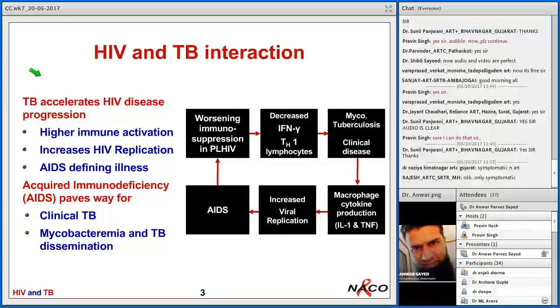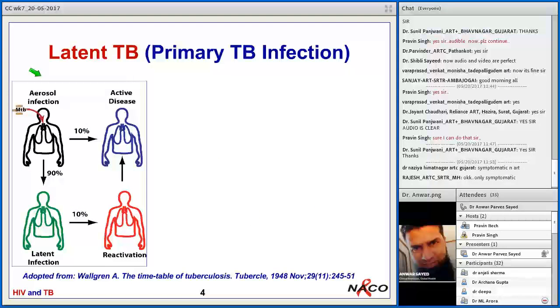Because of AIDS, there will be worsening of immunosuppression. That is, there will be immunosuppression happening in the later stage of HIV infection, which causes decreased interferon and other lymphocytes. Then Mycobacterium tuberculosis will present as a clinical disease if it is already there as an infection. And there will be macrophage production which will increase the replication of the HIV virus and which will ultimately add up to the increased viral load. So this is a vicious cycle which will help both the diseases to flare up